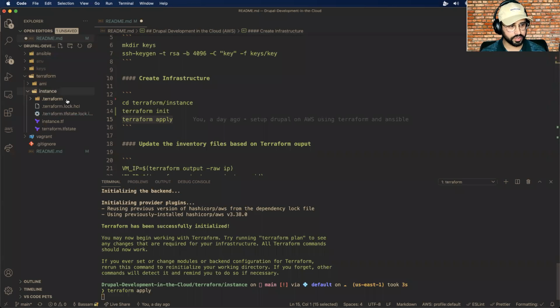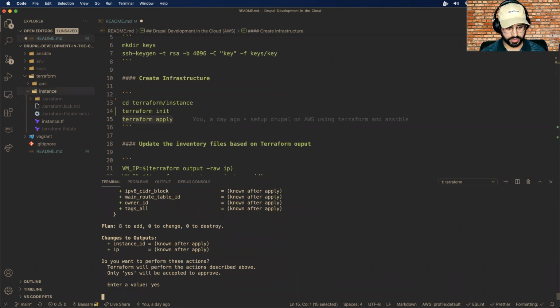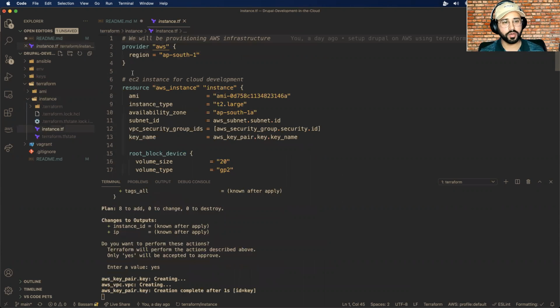So let's open this file. There's just one file. These are just manifest files that are generated. So I'll say yes here, and it will start creating the instance. Okay, so now let's look at the Terraform file, what we are doing here, and how we are creating